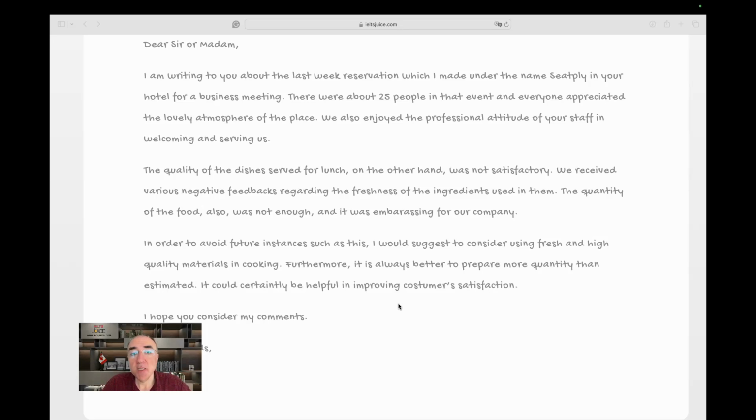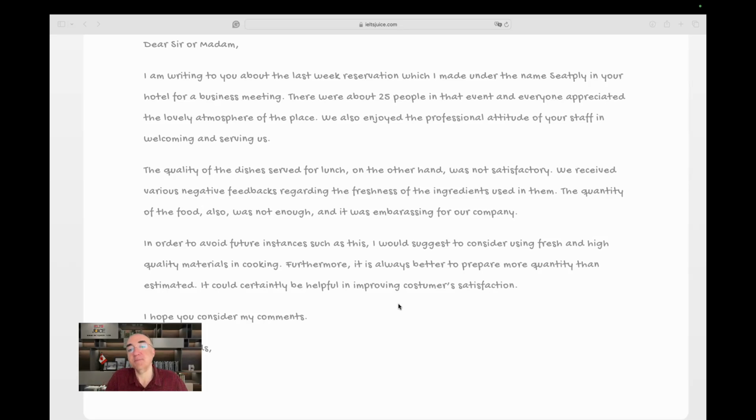Oh, maybe the dishes prepared were only for 23 people, while there were 25 people. Does it mean that? Oh, that's even worse. Yeah, you have every right to be angry. So it's not about portions. It's like there were 25 guests, but only 23 dishes available. So the food was there, but not enough for all the guests.